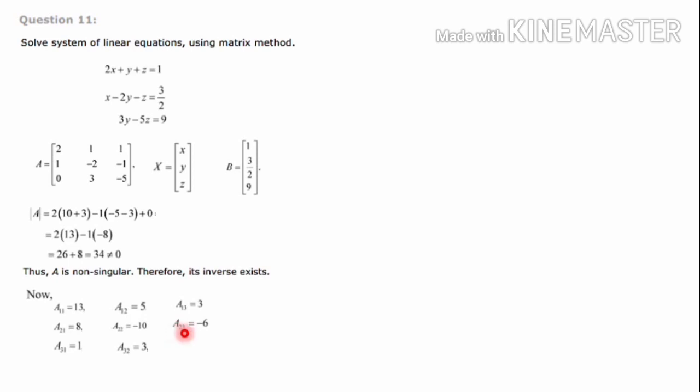Next is A23, that is second row third element. The second row third element is -1. If you take -1, that particular row and column is gone. 2 into 3 is 6, minus 0. 6 minus 0 is 6. And here 2 and 3 adding, we get 5. 5 is an odd number, so the sign is minus. So minus 6 is the answer.